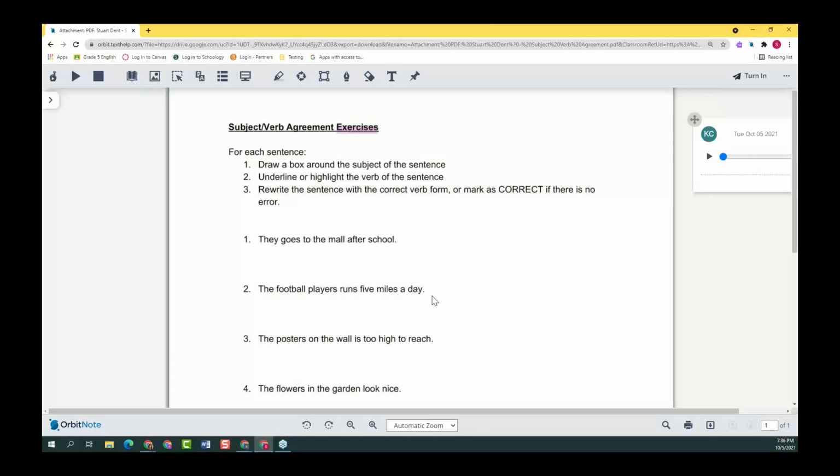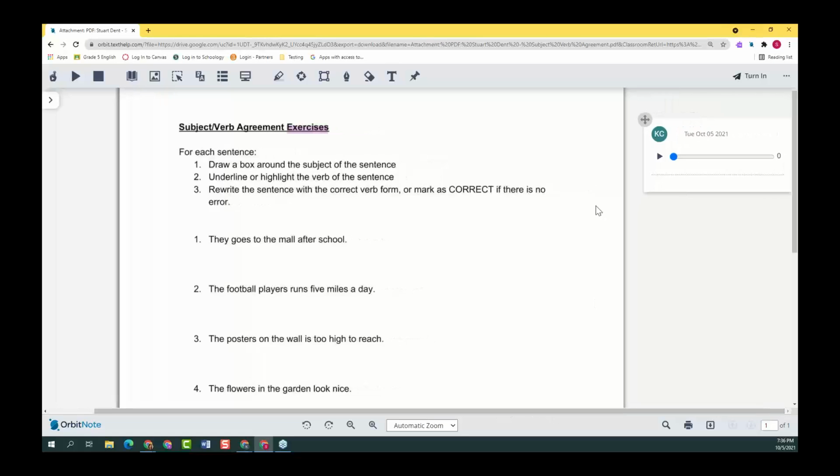Now we're back where I was before, where I'm signed in as a student and I can actually start using my tools to annotate this worksheet. And notice I even have my teacher's voice note here. So before I get started, I can hit play for number 1, and I can listen to the sound of my own voice. I'll listen to the sound of my teacher's voice, giving me some additional instructions, and now I can go ahead